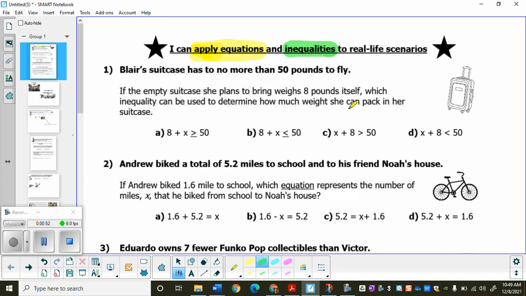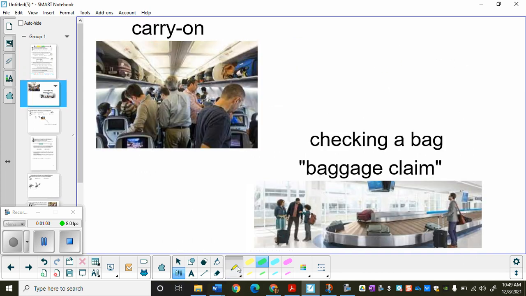Now, the first scenario here has to do with a suitcase and flying. And we have here that Blair's suitcase has to be no more than 50 pounds to fly. Now, some of you might have flown before, others might not have. So when you fly, you actually really have two options. You can carry on your luggage, which means you've just got a small bag and it can fit up here in the overhead container. Or if you're going to be on a longer vacation or have more stuff, sometimes maybe if it's winter time and your winter clothes won't all fit in the small suitcase,